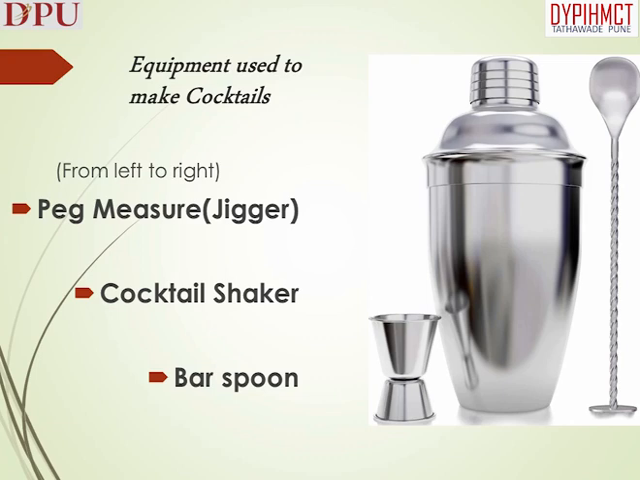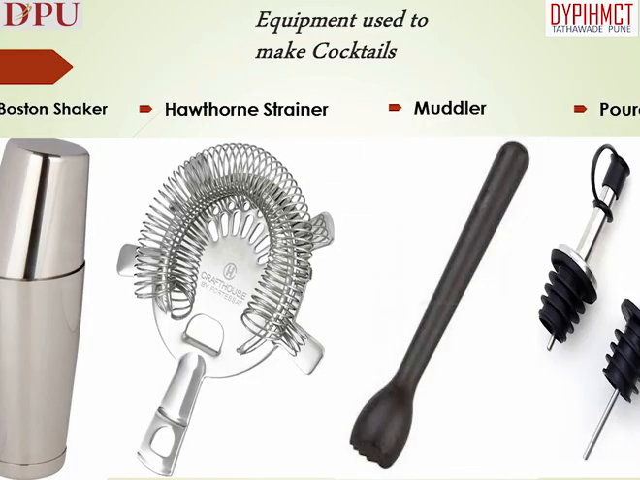Bar spoon. Bar spoon is used to make stirred cocktails. Apart from stirring, a bar spoon has many other uses. While making a layered cocktail, an inverted bar spoon can be used to pour liquid ingredients into the glass. Along with cocktail shaker, jigger and bar spoon, Boston shaker, Hawthorne strainer, muddler, and pourer play important roles while